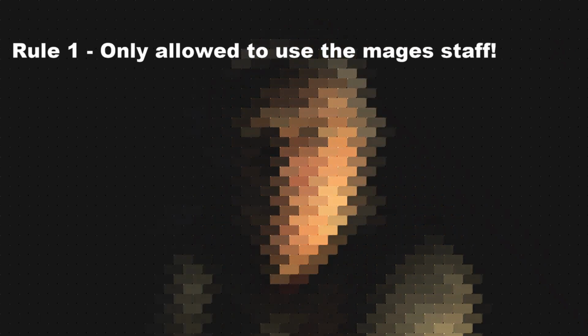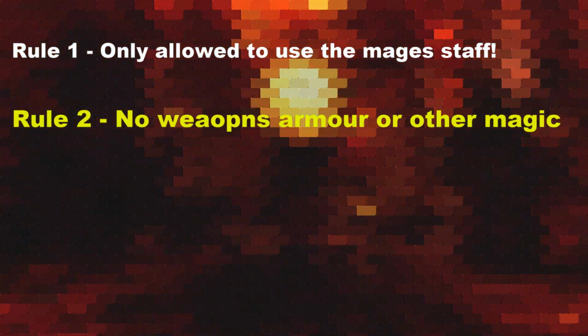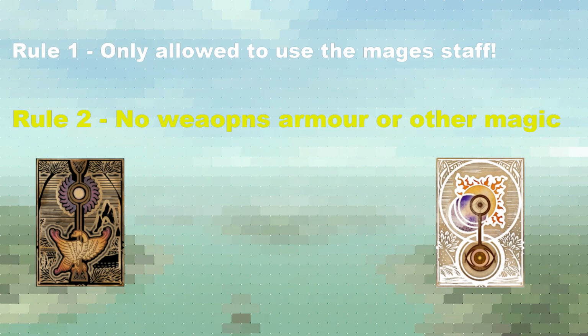So, rule 1 being obviously that I'm only allowed to use the Mage's Staff. So by this logic, just to clarify, rule 2 means that I'm not allowed to use any other forms of weapons, armor, or magic of any kind. So naturally, this is going to rule out things such as healing and soul trapping,